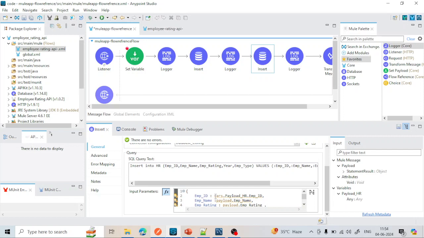So what I am going to do, I am just using vars dot payload hr, vars to fetch the value inside the field inside the variable, and this is the variable name, and under that we have the empid. I am taking the empid value and assigning against this, and this is present here, and again this is going to insert into this. Similarly, let me do for the other. Let me copy this and let me paste for the other,